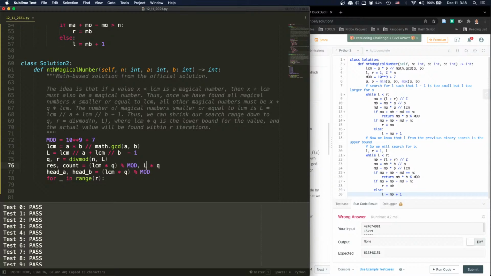Right? And then, okay, and what? How can you say while count is smaller than n, right? And then we're gonna just count. How do we count? We say if